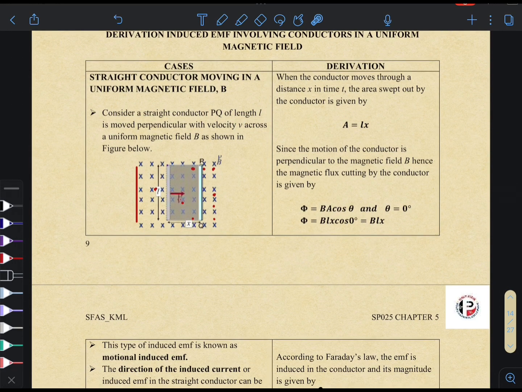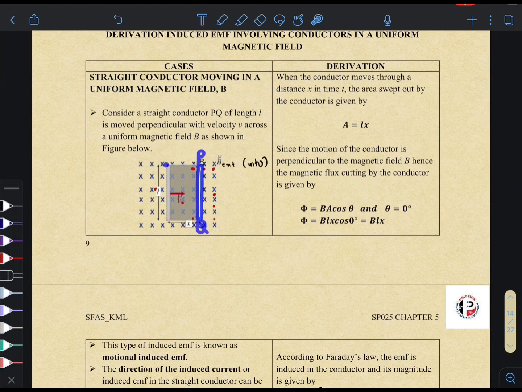Okay, so what we have here is our external magnetic field. This is our B here, and the B is marked with crosses to indicate the direction. So our external B has a direction into the page. The cross here is into the page, and then we have our conductor here,